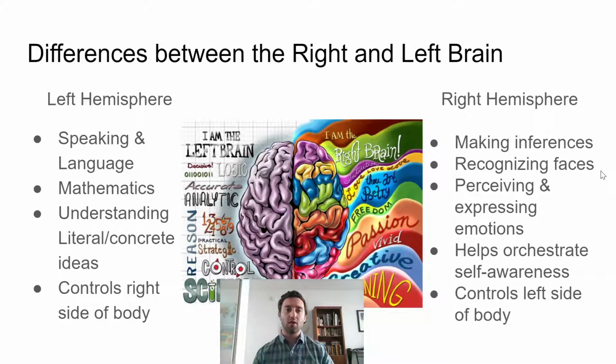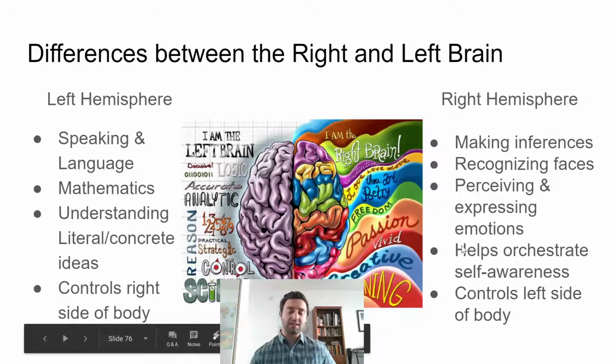That's what I mean when I say that even though each hemisphere specializes in one thing or another, there is a lot of interacting, going back and forth, and working on the same task. When you're reading, even though the actual reading, the language part, and the literal, concrete part are happening on the left side, the right side is also working on understanding the emotions in the text, and any inferences or self-awareness of what's going on, the connections you're making to it. So there's a lot of interaction going on in the brain all the time, even when we have these two sides that have their specialties.